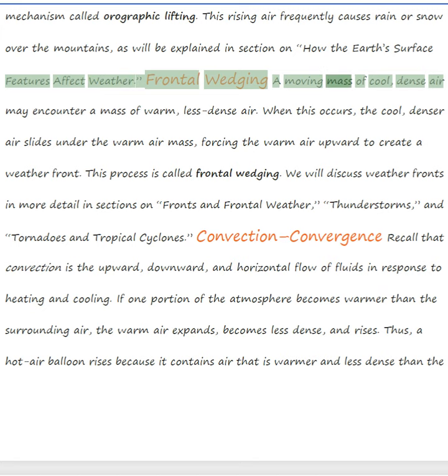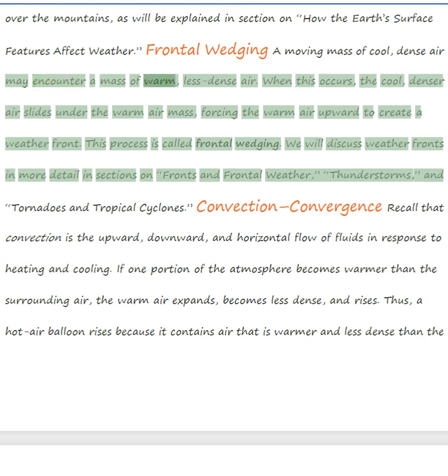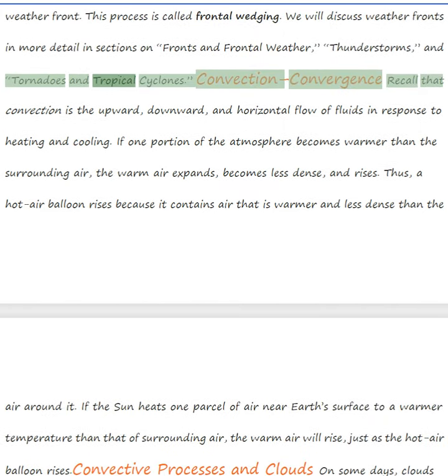Frontal wedging: a moving mass of cool, dense air may encounter a mass of warm, less dense air. When this occurs, the cool, denser air slides under the warm air mass, forcing the warm air upward to create a weather front. This process is called frontal wedging. We will discuss weather fronts in more detail in sections on fronts and frontal weather, thunderstorms, and tornadoes and tropical